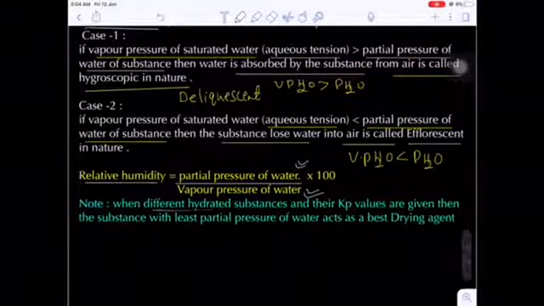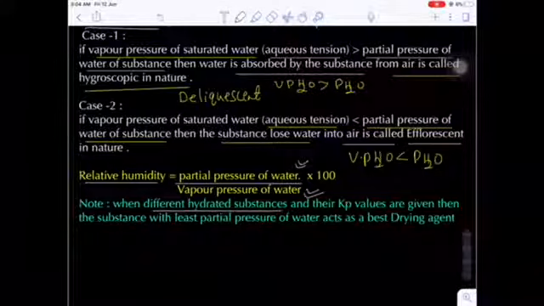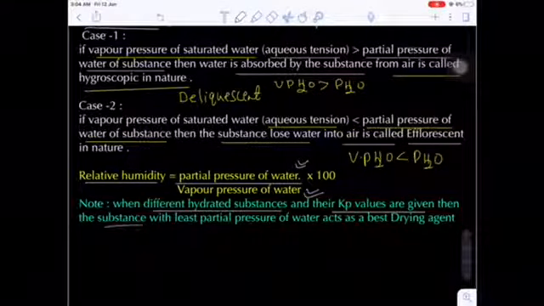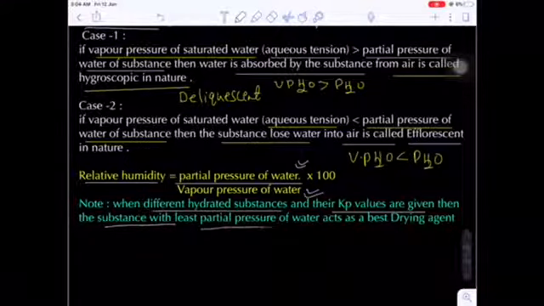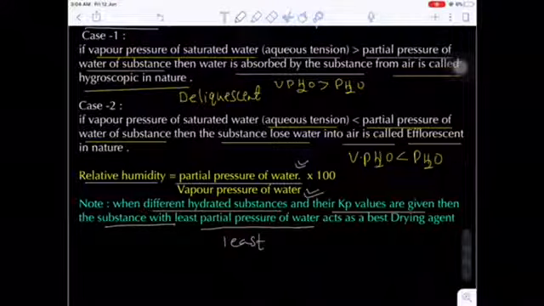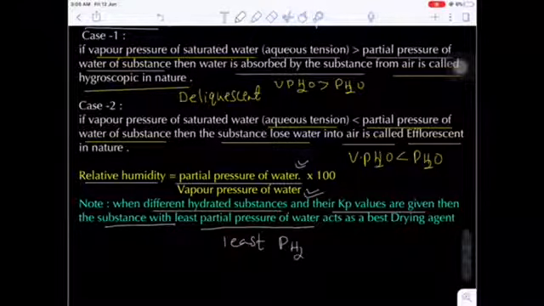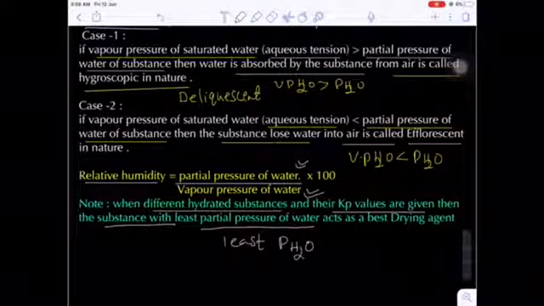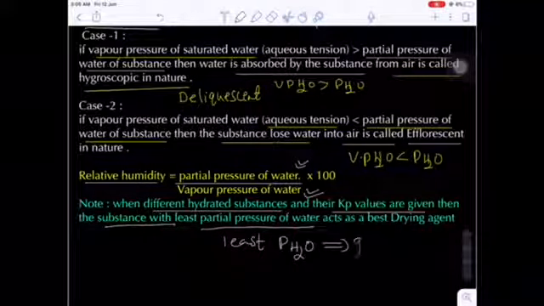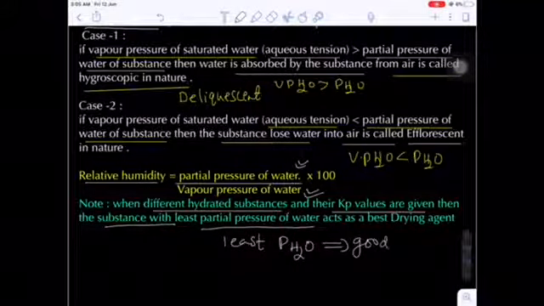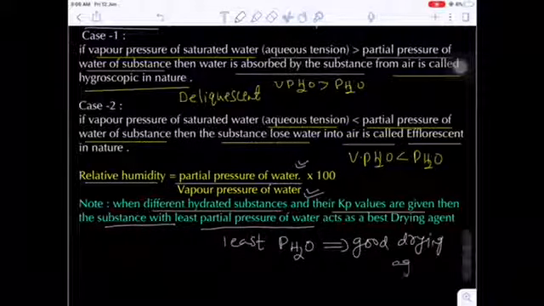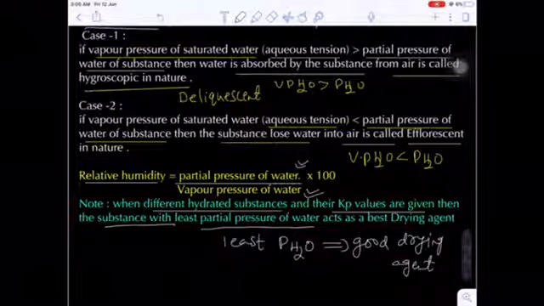Relative humidity, very important. Now, when different hydrated substances and their Kp values are given, the substance whose partial pressure of water is least will act as a good drying agent. Drying agents